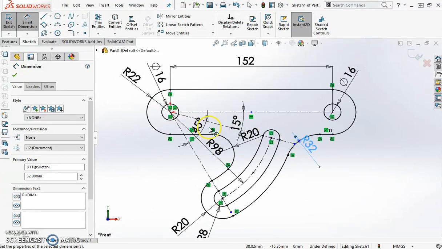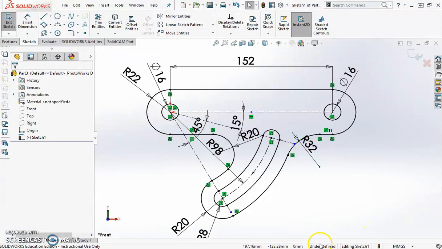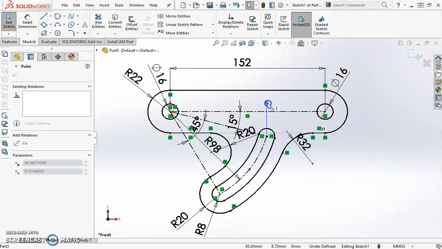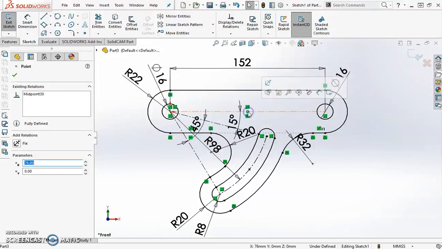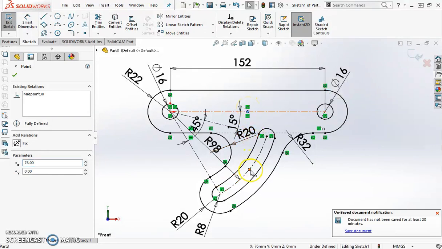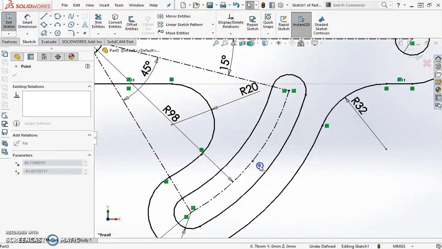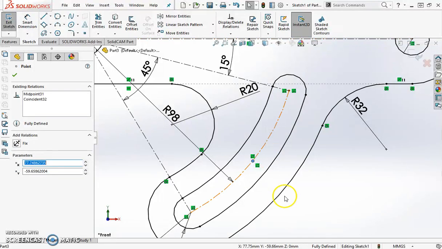So that should make everything fully defined. Now, you're going to say, well, why is this still saying underdefined? It's not from the construction lines. It's actually from this little dot right here. Click and hold down on that dot, move it out to the side, and then back into that little yellow dot. And when it snaps into place, it's going to add a little midpoint. And we need to do the same thing down here. Even though this is not blue, we still need to move it. So click and hold here, move out to the side, back into that same spot,